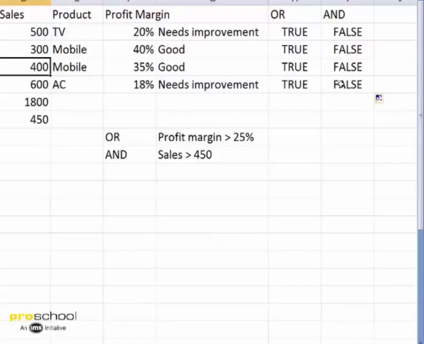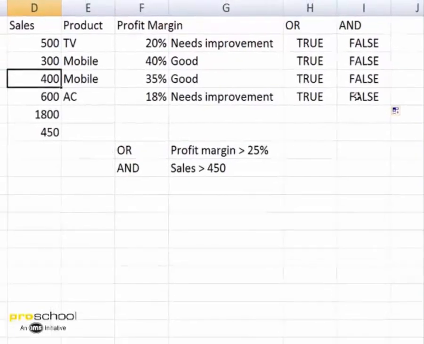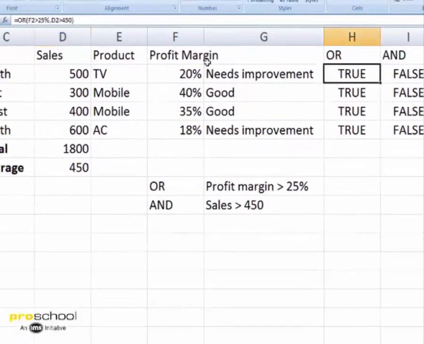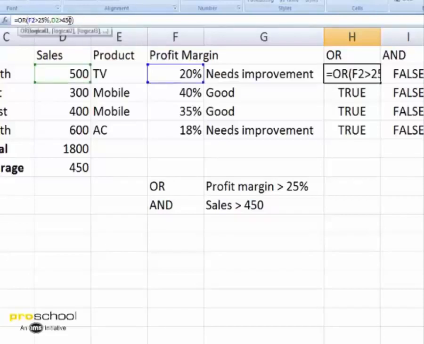So to rephrase, OR will give you true if any one of them is true, and AND will give you a true output only if all the conditions are true. And when I am talking of true, all conditions or whatever I am saying, it refers to the conditions that are mentioned within the logical conditions that you have given within that function.